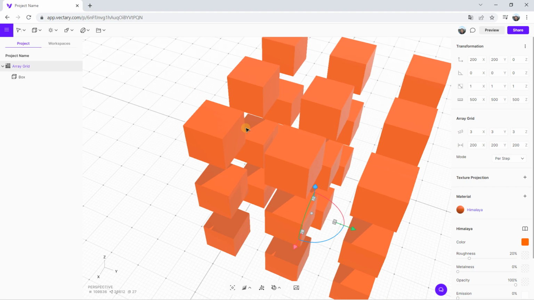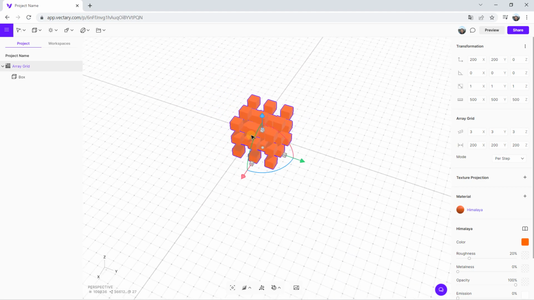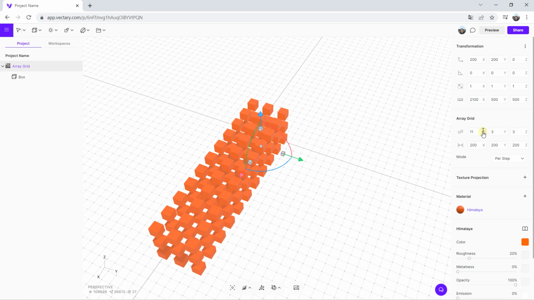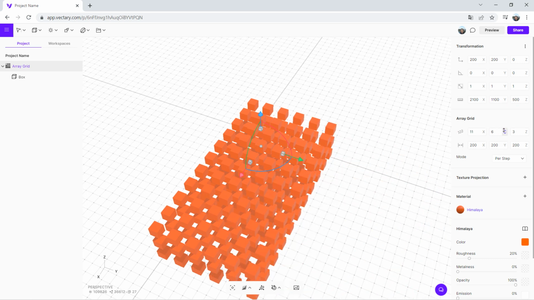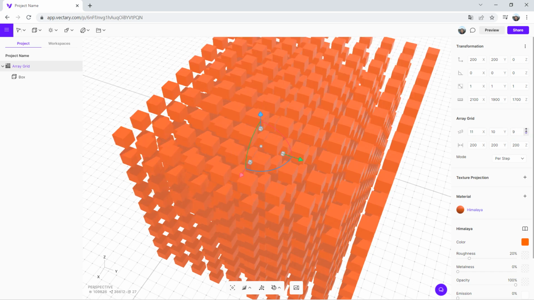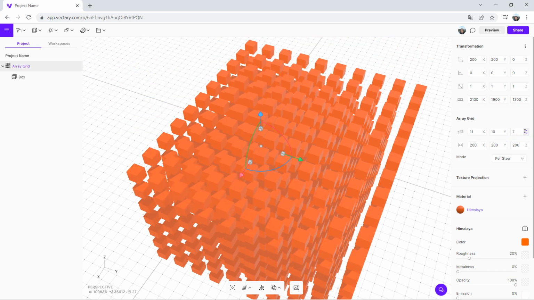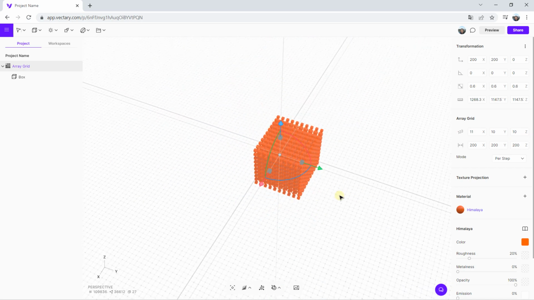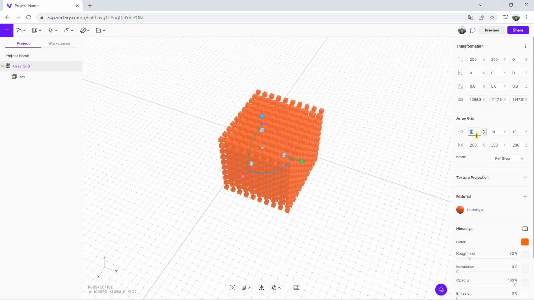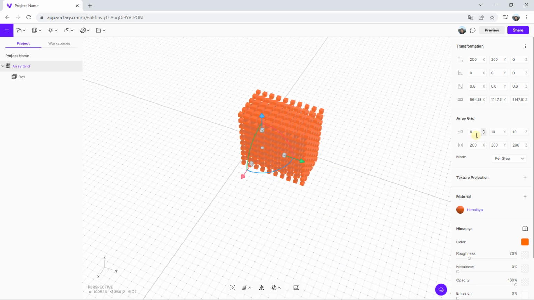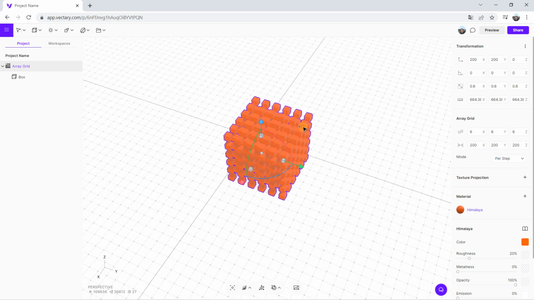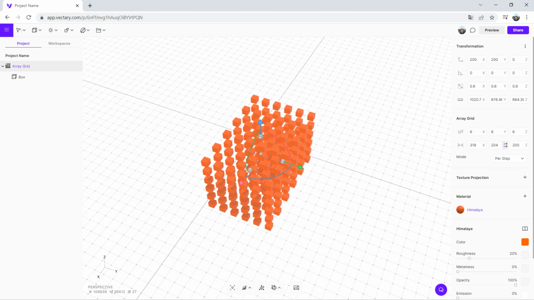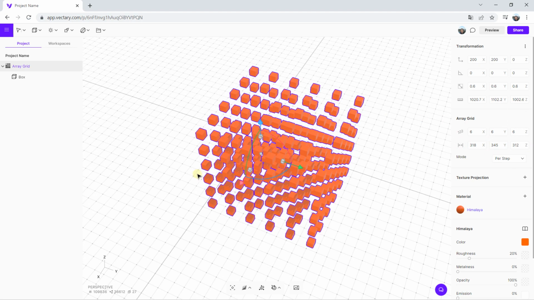And the thing that I'm going to do is to click on array grid, like this, zoom a little out, repeat like 11, like the 10, and just like 10. And you can have multiple things like this. I think I'm going to decrease because when you add a lot of things, if you don't have a strong Wi-Fi connection, sometimes it can be long, so I'm going to decrease a little bit to be sure to not have problems with the connection. And if you need to extend the space, x-axis, y-axis, z-axis, you can, like that.